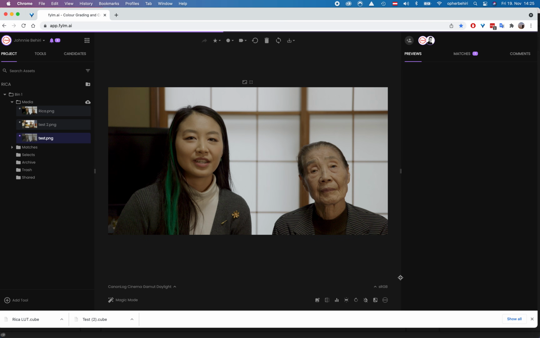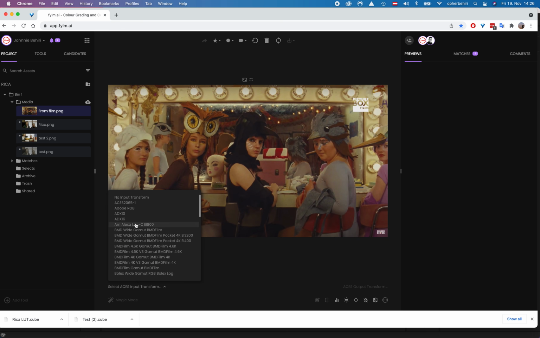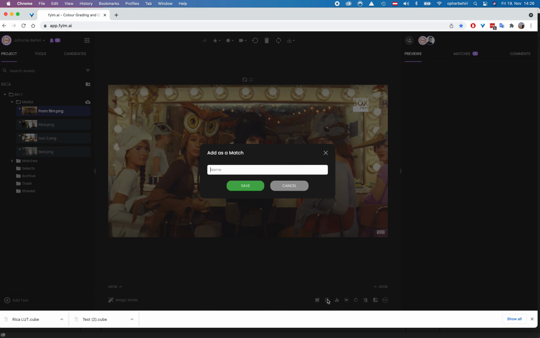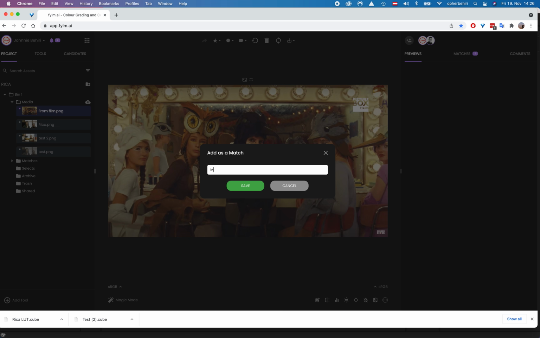So let me open this, bring it to the app. I will double click it, and I have to choose the input and the output. Now, since it's here on my computer, the input and the output are both sRGB. Good. And the next thing, I want to add it as a match, and I will call it movie.